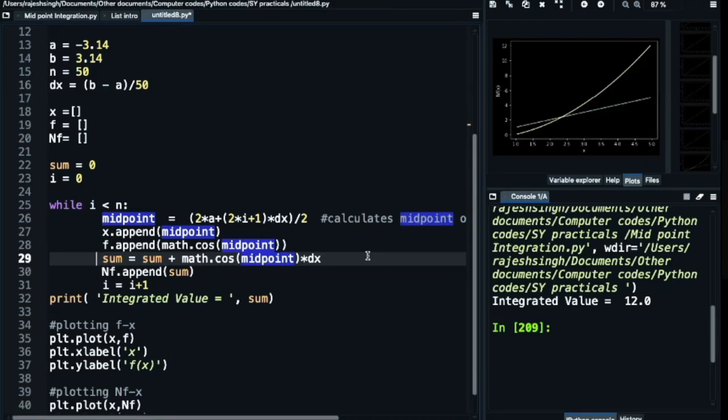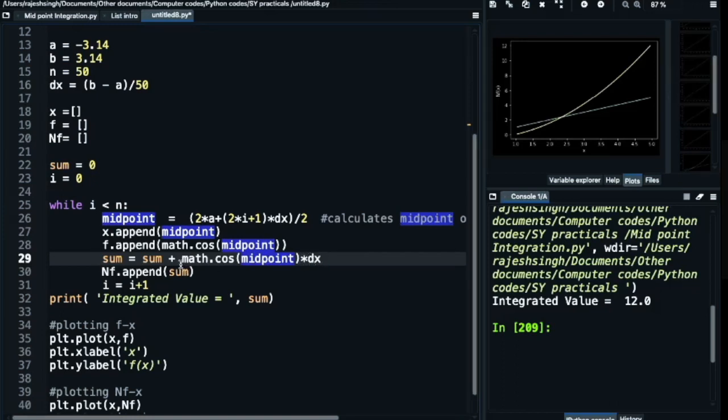Then you can add to the sum here. You will find that the sum is equal to sum plus math dot cos midpoint star dx. The first term gives the height and star dx multiplies by the width.